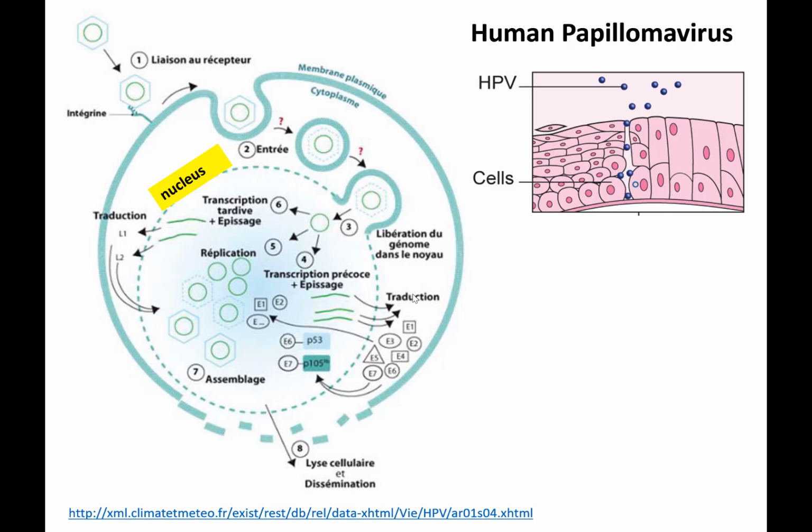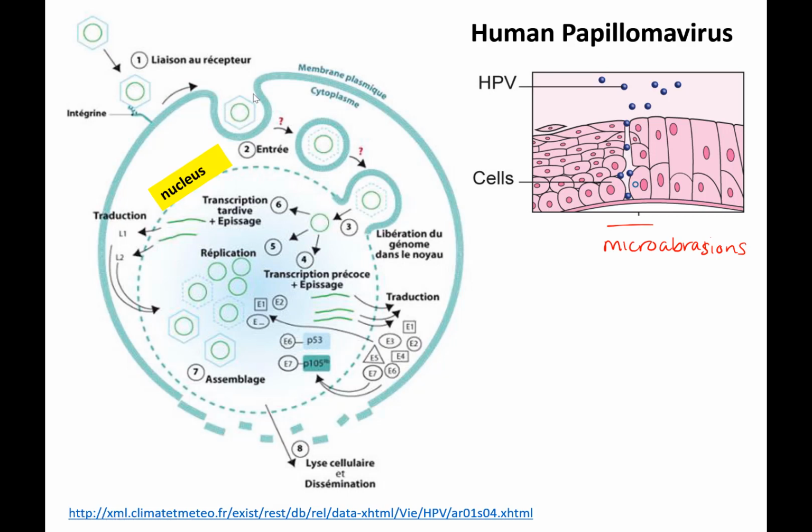This is an overview of the replication cycle for HPV. So HPV enters a body through microabrasions. It has a cell receptor. I'll show you that in a minute. It is taken in by